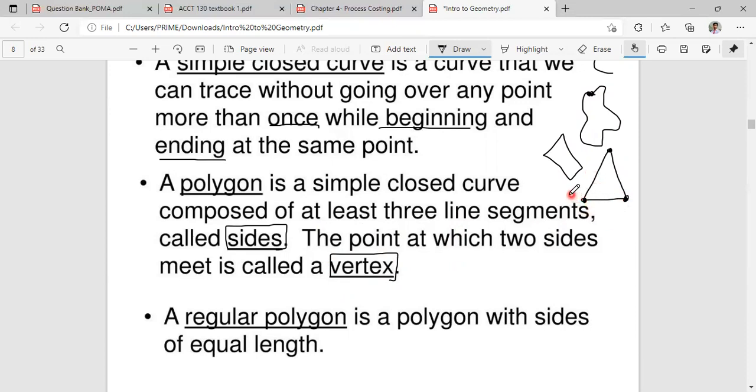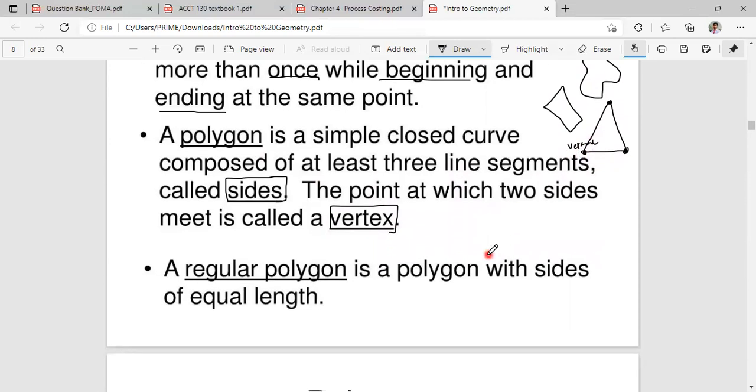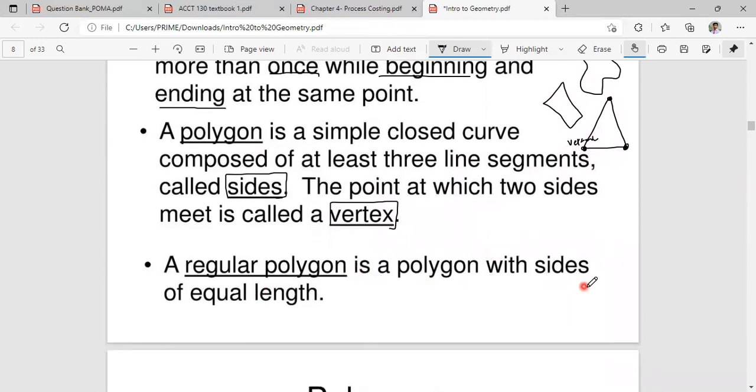Oh, sorry, the vertex. These are called the vertex. Okay, so here you go: a regular polygon is a polygon with sides of equal length. If the polygon has sides of equal length, it is called a regular polygon. Like you can see this side, if I say like